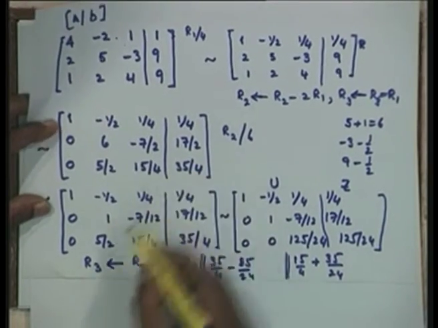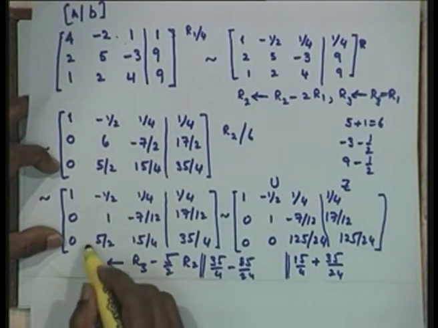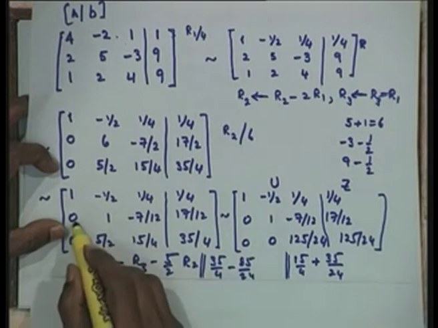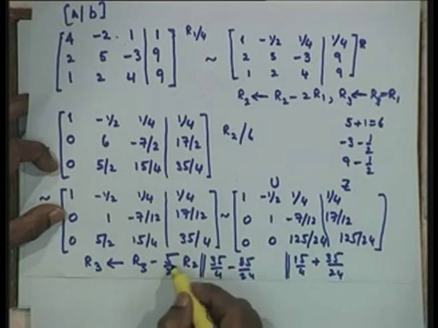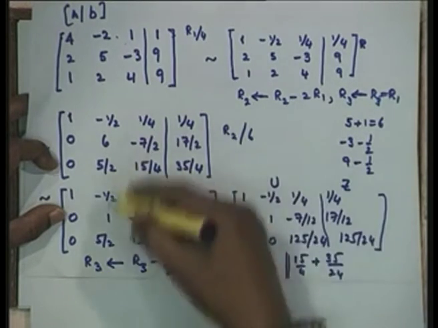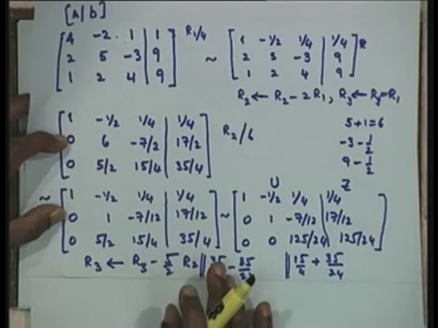For example, here also we have repeated this step; we need not have repeated it. Once this is performed, I could immediately go to the next computation as R3 is R3 minus 5 by 2 R1. So we can avoid some of the steps and get the computation much faster. You can see how fast we are able to get the solution using this Gauss elimination procedure.